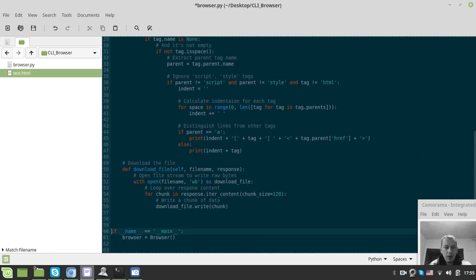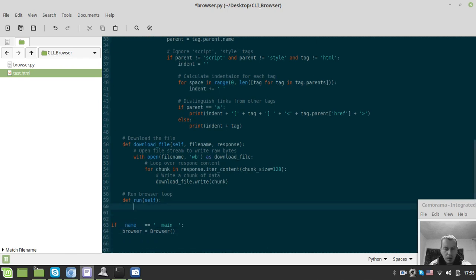Display page, yes, actually make it so: run browser loop. def run, so it would only have the self object, and that's it. So let's say while True, like this,